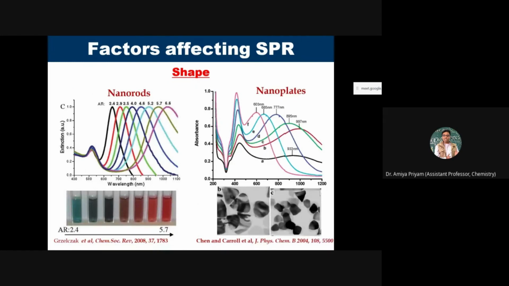So the shapes, the nanorods, the nanoplates, you can see these are the variations. There is something called aspect ratio, which is what you see written over here. It is a function of the aspect ratio that we can tune this plasmon frequency, starting from 800 to around 1100 nanometers. It is possible by changing the aspect ratio. We call it aspect ratio. AR stands for aspect ratio,